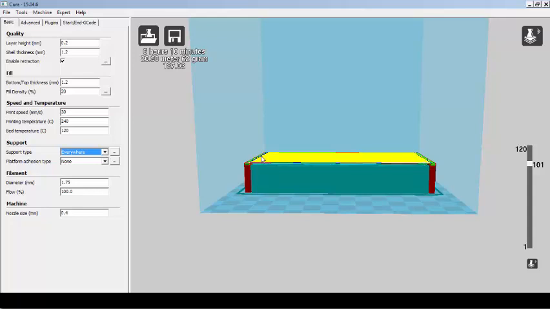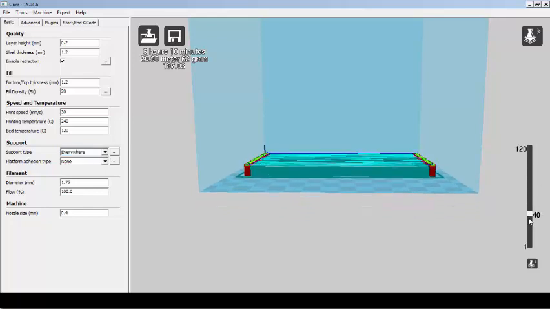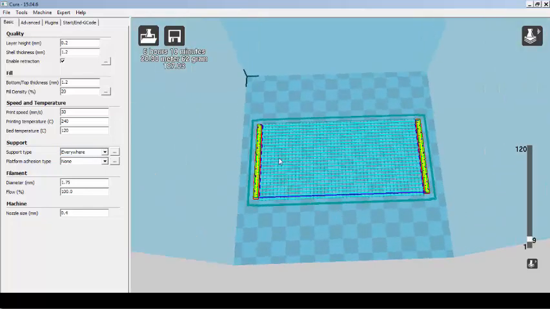This is just like while you are building your house, you don't require any supports for building your walls. But if you are trying to construct your roof, you put the scaffolding so that the concrete remains in position. This is more or less similar to that. So these support structures have to be built. If you are taking the bottommost layer, you can see some support material also has to be added whenever you are building the bottommost layers.